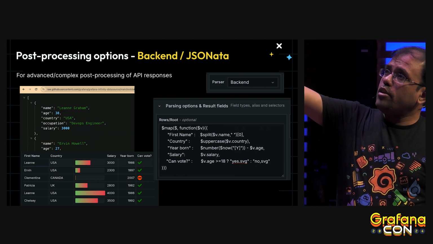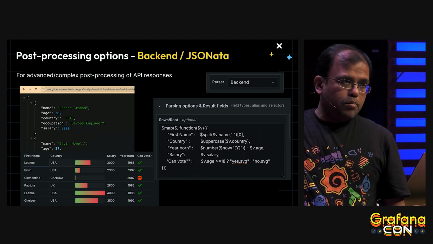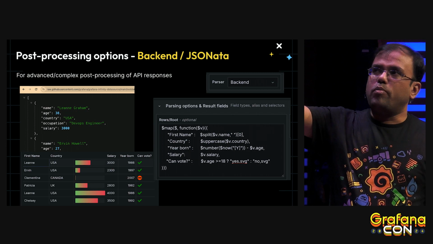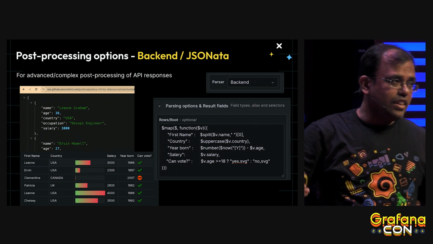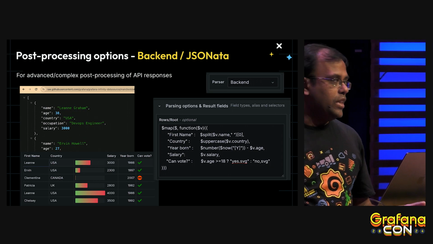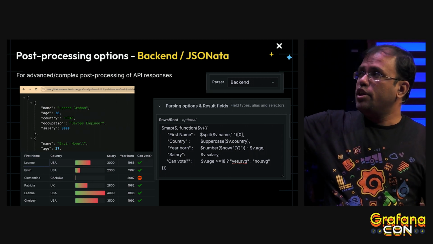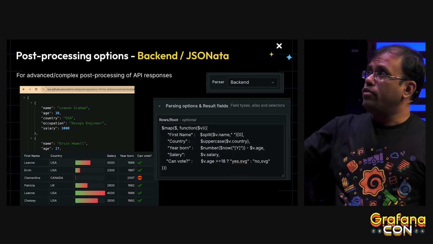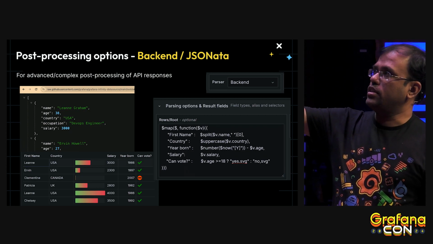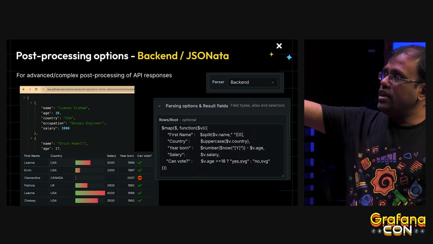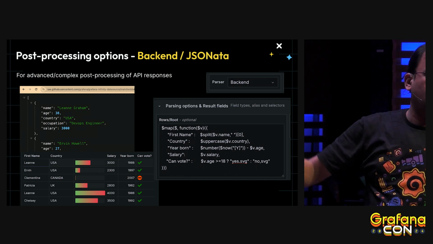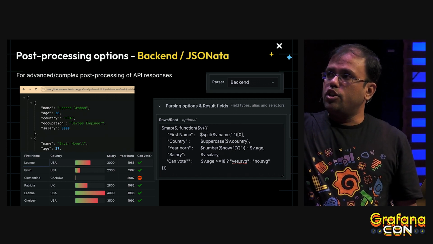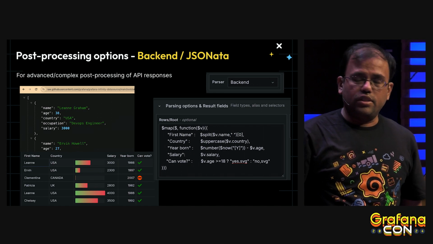Here in this example, there's a simple GitHub URL which lists some user data. With the backend parser, I can simply select name, age, country, and other fields. But in the real world, that may not be the case. You may need to do some manipulation, so we can use JSONata. JSONata is a query language. You can put JSONata queries in to do manipulation, for example calculations and transformations. So you can play around, and as you can see, the simple JSON is converted into complex results with all the manipulations.